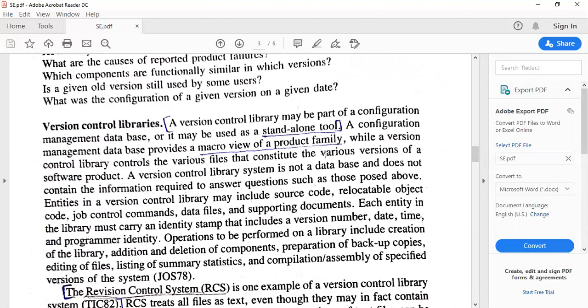It gives us a detailed view of what versions, which date, what are all the error reports, what are all the corrections, what are all the differences. So it gives a macro view of the product family.